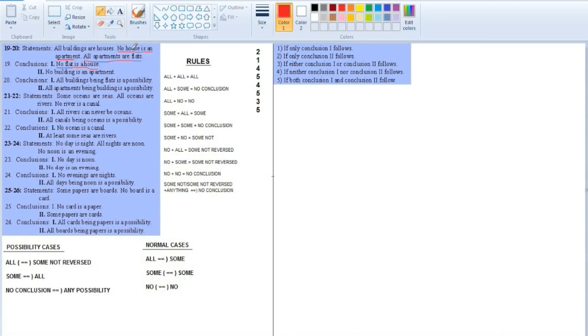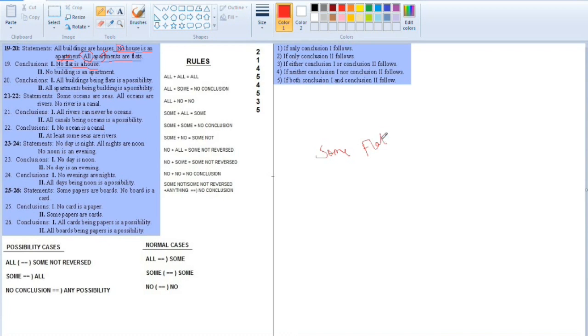We can see house and flats here. So we can cancel apartment and apartment. Then what we have at the beginning is no plus all. No plus all is some not, reversed. So we have to write it as some